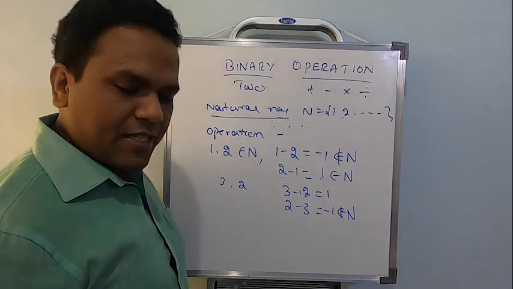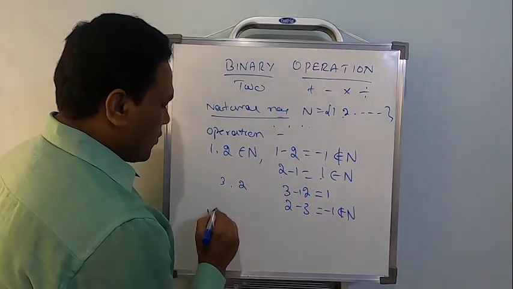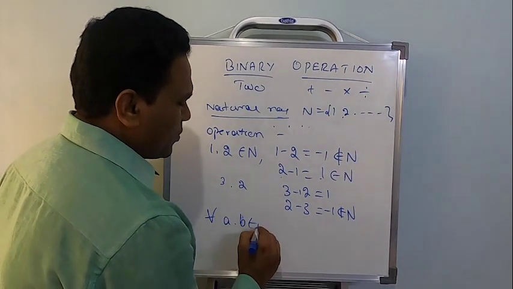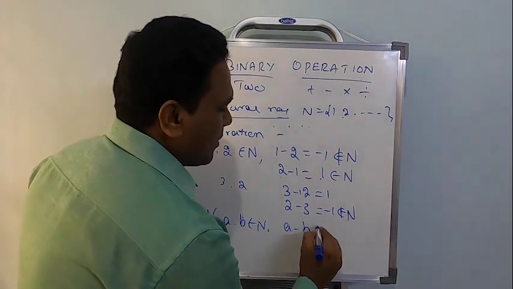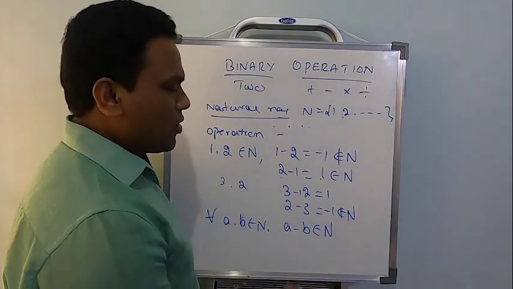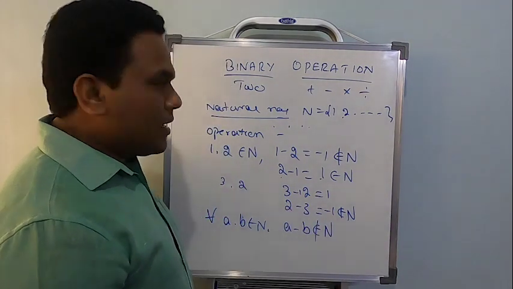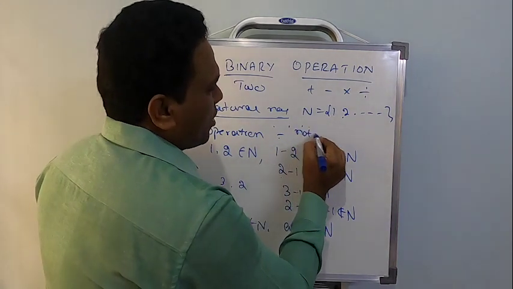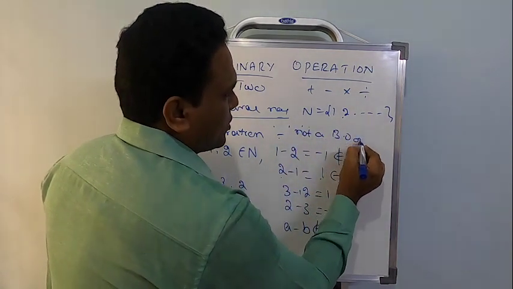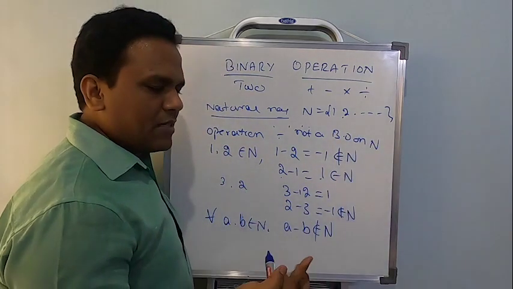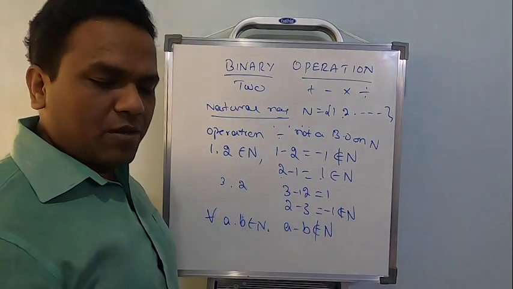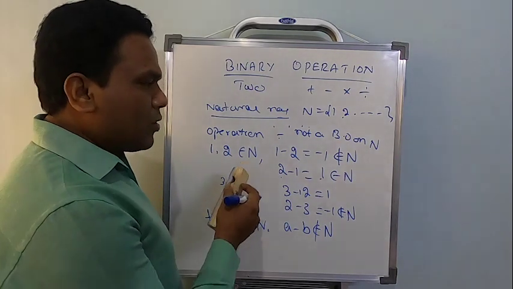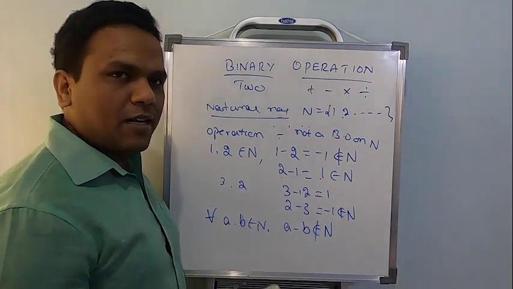So in such case what we say is, it's not for all. Whenever I take a, b belongs to natural numbers, and when I do a minus b, it is not going to be a natural number. Now what we say is, difference or subtraction that we have taken here is not a binary operation on natural numbers. That means difference or subtraction of two natural numbers need not be a natural number every time. Okay, don't tell me, sir, 2 minus 1 whole square. No, let's not consider it, right?